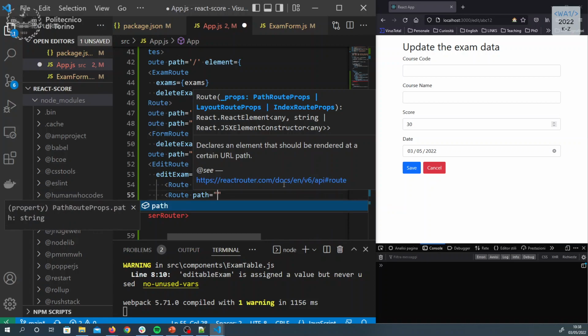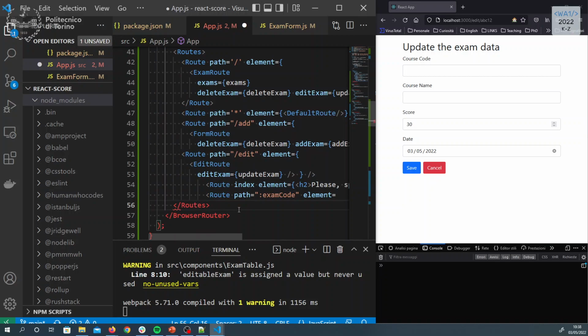So path, exam code, element, and we are going to display